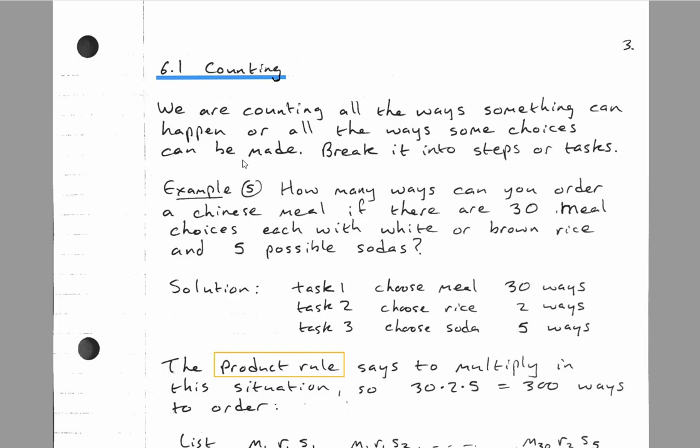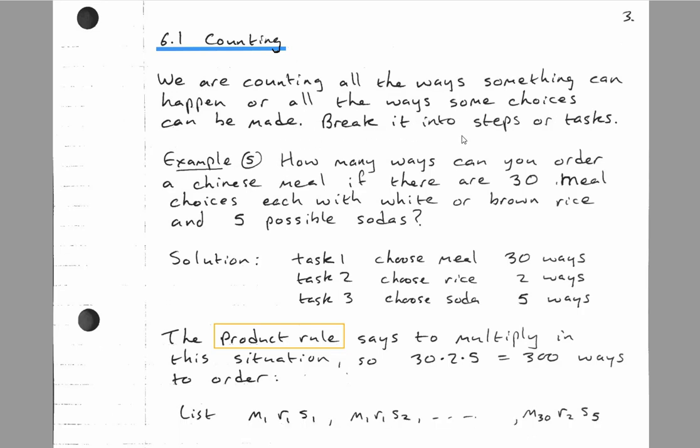Chapter 6 is different ideas. So ideas of counting, especially counting the number of ways things can happen, or the number of ways some choices can be made. So we're getting into permutations and combinations of things. And the main first idea, if you're trying to count